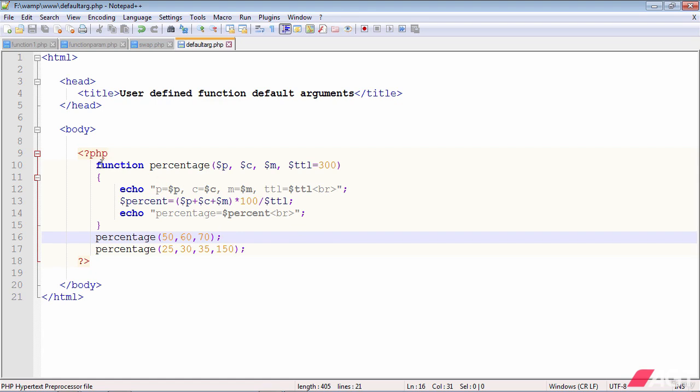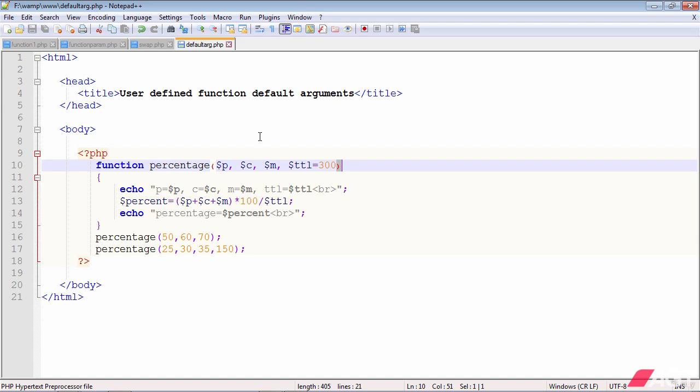So in this example, the function that is defined is percentage, and it has been designed to accept 4 arguments from the caller or calling environment, and the arguments are PCM and total TTL. Okay, so the idea is that when the function is called, it will send the values of PCM, but the assumption is that generally the marks of PCM,